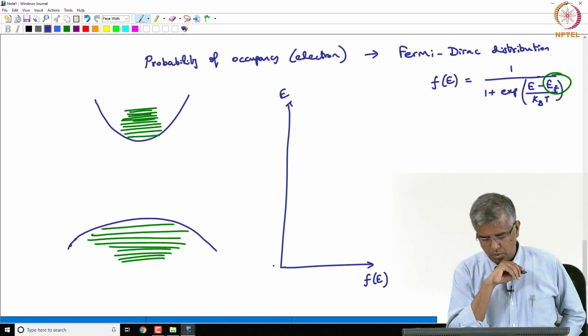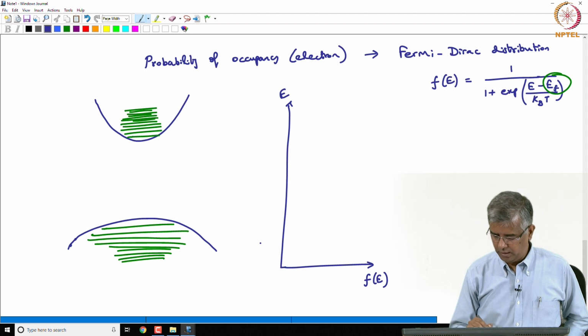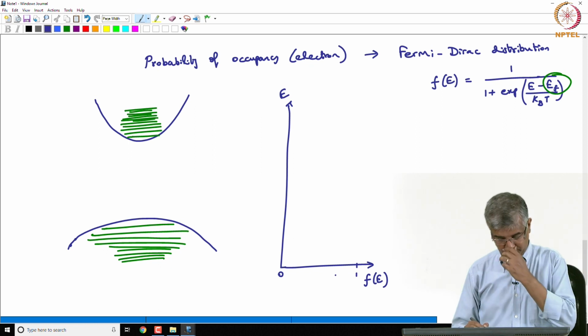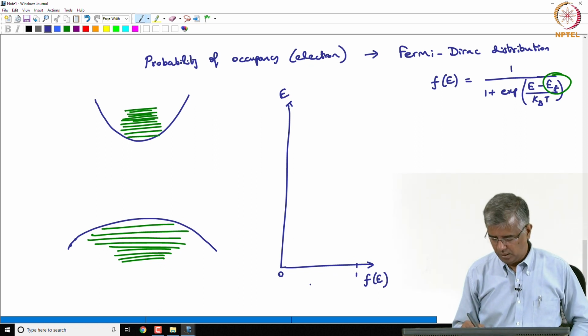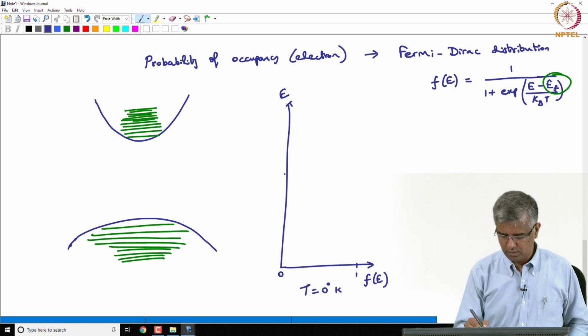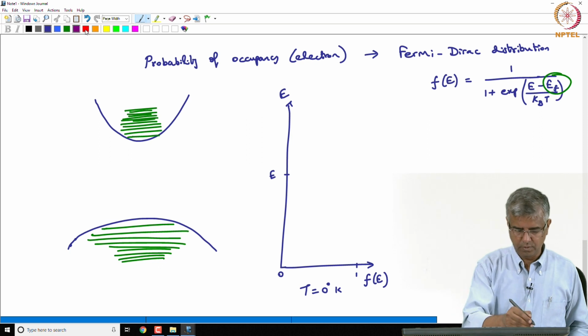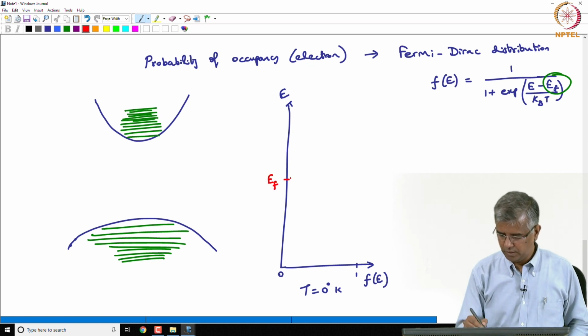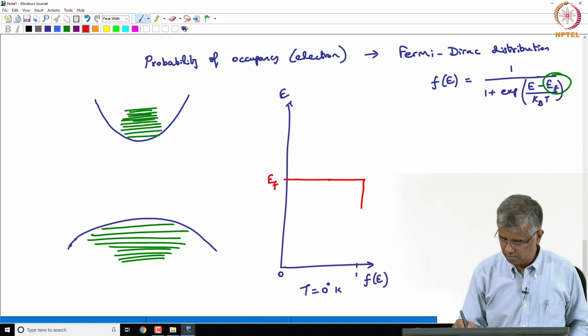So, what this says is, if you consider, this is going from 0 to let us say 1. If you consider when T equal to 0 degree Kelvin, you get something like this. So, this would be, use a different color here, this will be EF, and then this is basically saying